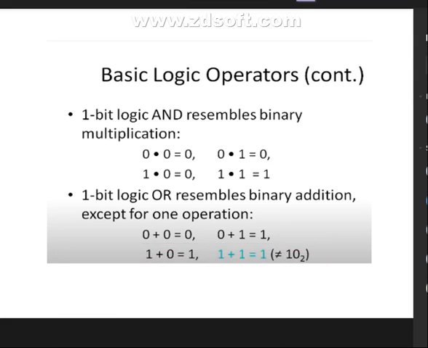Here we have these possible cases, that is 0 0, 0 1, 1 0, 1 1. In this case 0 into 0, it is showing the result 0. In this case 0 into 1, it is showing the result 0, and in this case 1 into 0, it is 0, and in this case 1 into 1, it is showing 1.